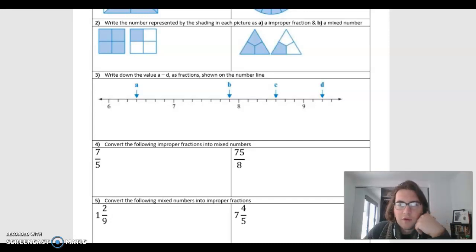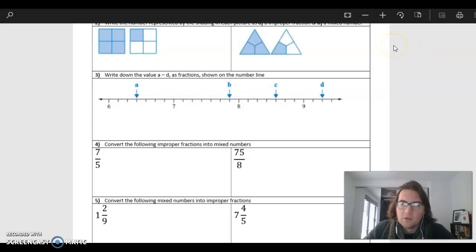Okay, so I've had a few questions about this question just here, number 3, and so I wanted to go through it just to make sure that people knew what they were talking about. So if we look at this little box here, okay, just this little box, pardon my handwriting, most people